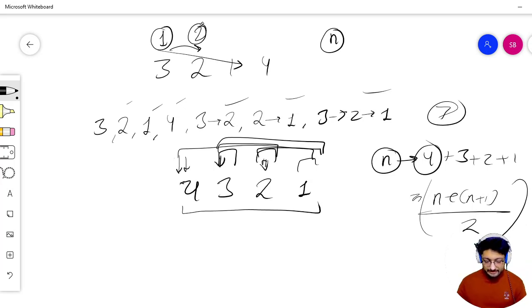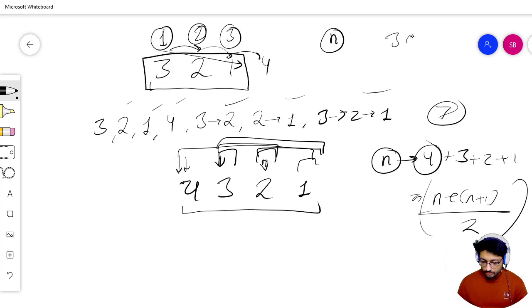So I have seen a segment of length 2 that is continuously decreasing. Then this is again decreasing by 1, so I have seen a segment of length 3 that is continuously decreasing. Now I have seen a number 4, which means that it has increased, so it is not continuously decreasing. So it means that I have found a segment that is continuously decreasing of length 3. So for this, how many segments will I form?